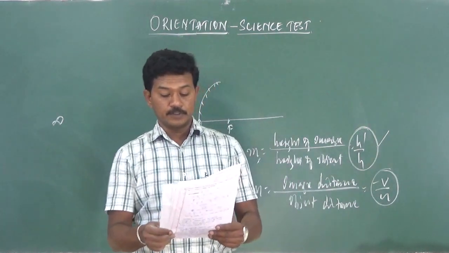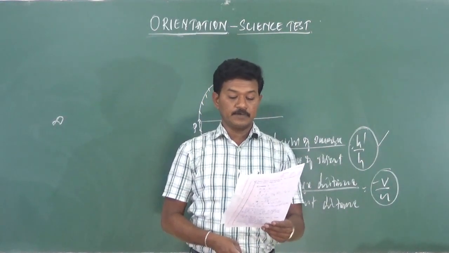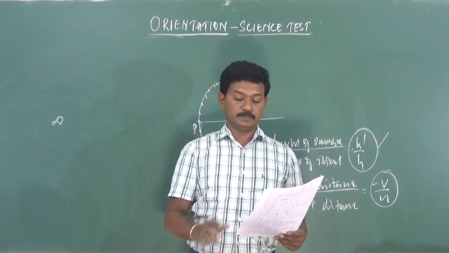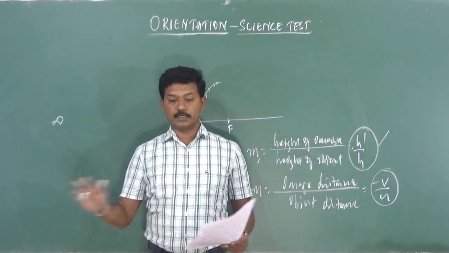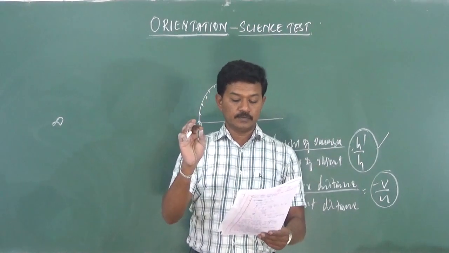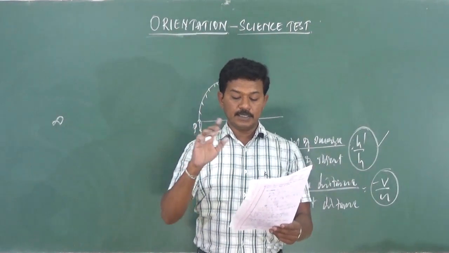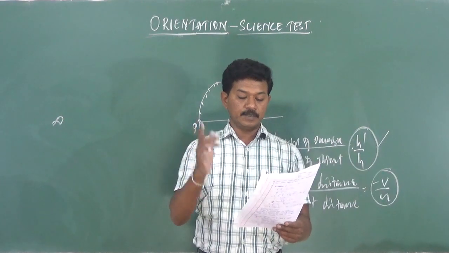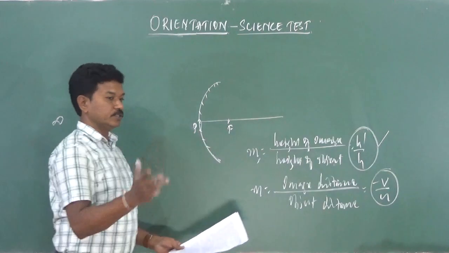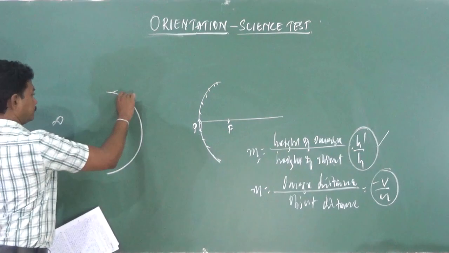A student wants to project the image of a candle flame on a screen 60 centimeters in front of a mirror by keeping the flame at 15 centimeters from its pole. See, the question clearly, indirectly tells you what type of mirror he is going to use. So, a student wants to project the image of a candle flame on a screen 60 centimeters in front of the mirror by keeping the flame at 15 centimeters from its pole. Then he should use a concave mirror, because if this is the concave mirror,